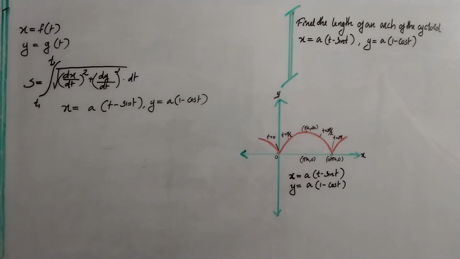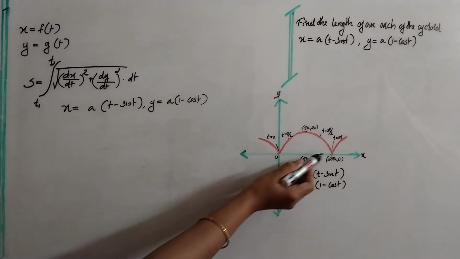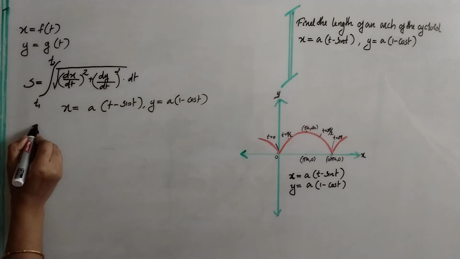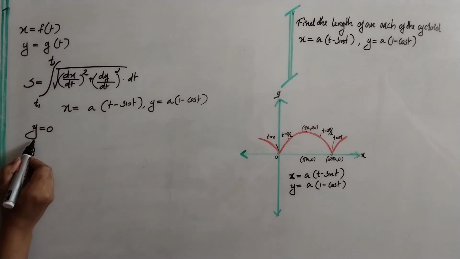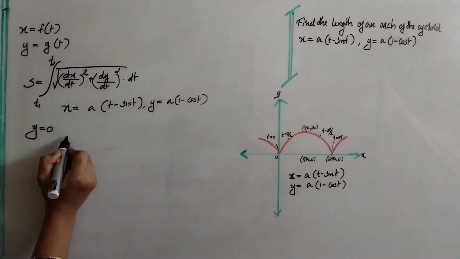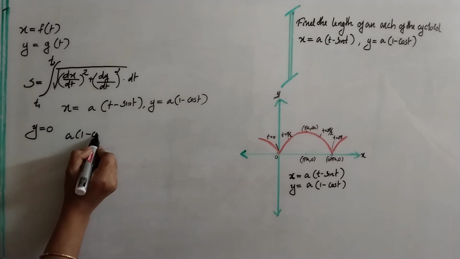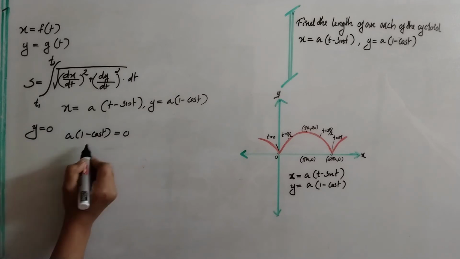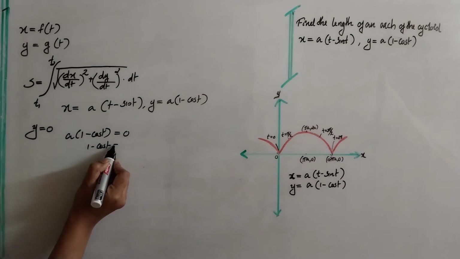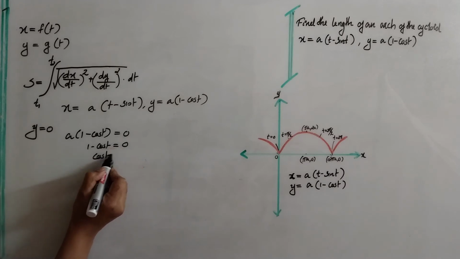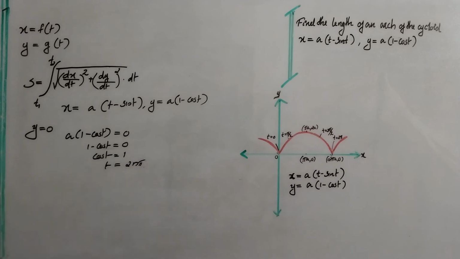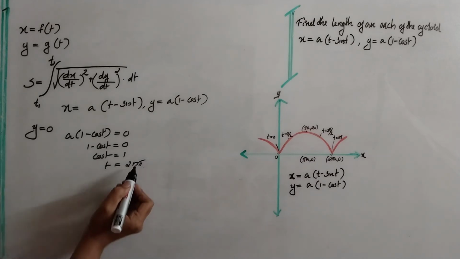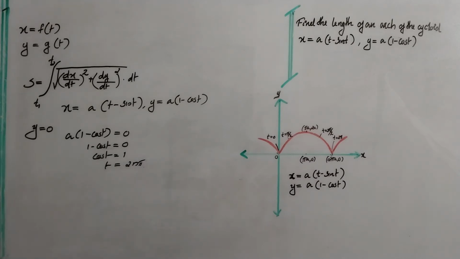And we know that at the contact of the curve with x-axis, the value of y is 0. This implies a into 1 minus cos t equal to 0, or cos t equal to 1. This implies t is equal to 2n pi, where n is any integer, and